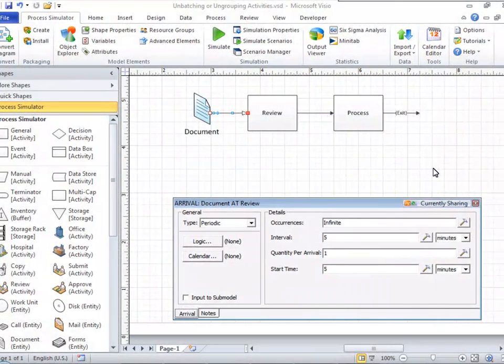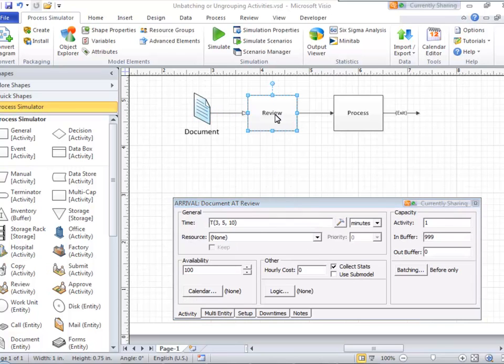The purpose of this demonstration is just to show how to unbatch entities. And there are a couple of ways we can do it, but we'll show you each one of those methods here. To begin with, we're just going to start with a simple arrival with infinite occurrences every 5 minutes going